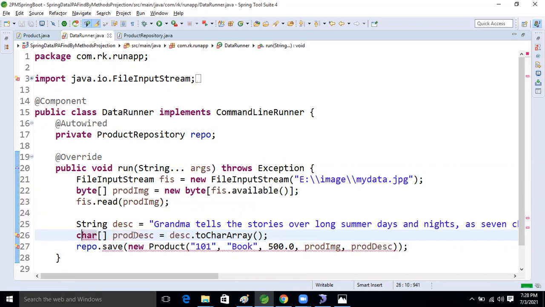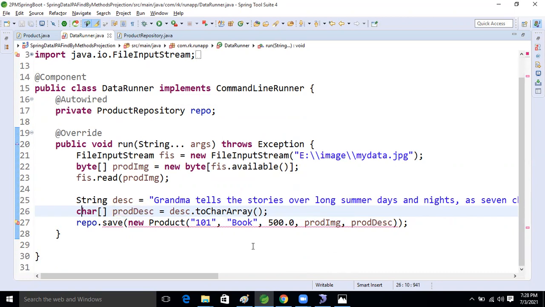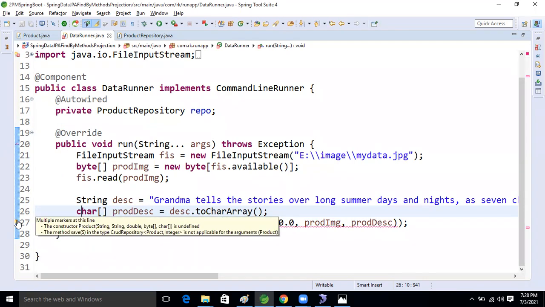Yeah. So what we are doing now, guys, here we are passing both as arguments now. Okay, but why are we getting the error here now? One minute.